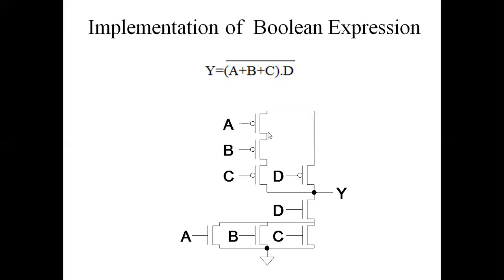Now the reverse condition applies, as the ABC input NMOS FETs are in parallel. Here we connect the ABC input PMOS FETs in series, and the ABC network and the D network are connected in parallel, because in the NMOS FET both the networks are in series. Just complementary action for P and N is present. So totally reverse condition is there for the pull-up network. So here is the implementation of the Boolean expression ((A + B + C) dot D) bar.